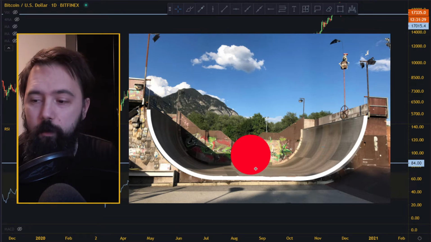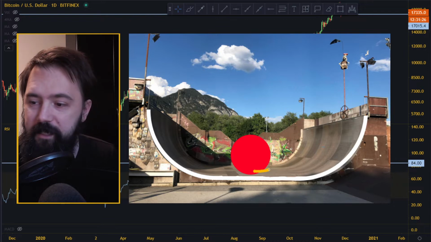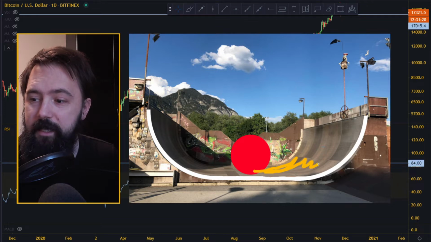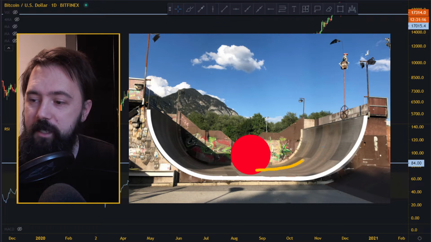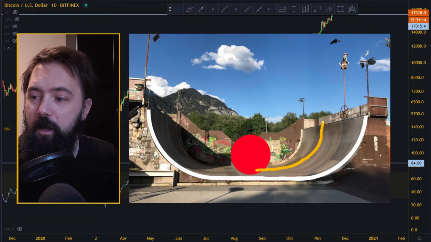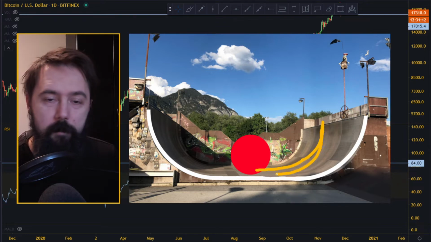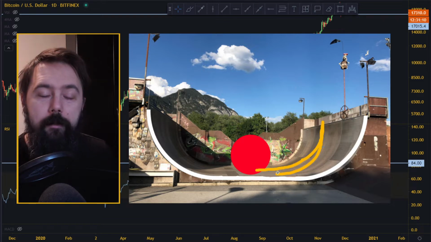So the way you want to push it all the way up to the top is you want to take a lot of force really fast and push it up. You don't want to stop, because if you stop, it just goes right back. If you stop here, you're losing force and you just go back. So you want to just put all the pressure, get up, and you got to the top, right?